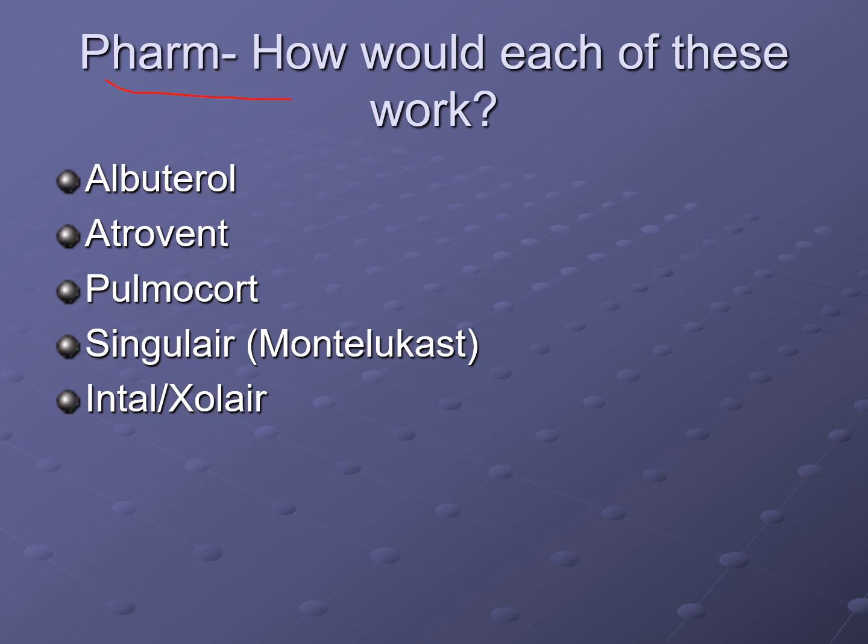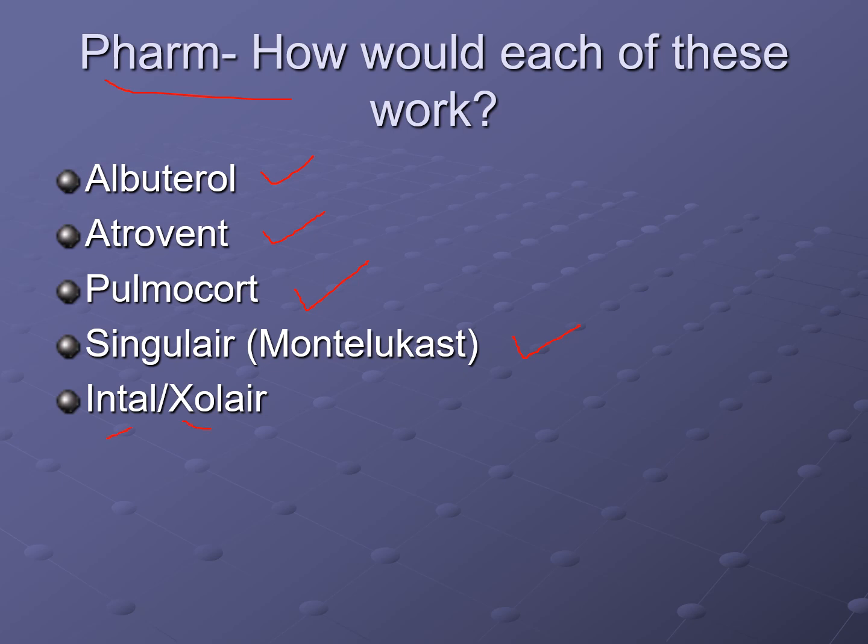So I know this isn't a pharm course, but just as a little review, albuterol is a short-acting beta agonist. It's going to open up the bronchi. Atrovent is a long-acting muscarinic antagonist, or it blocks that parasympathetic stimulation. Pulmicort is a steroid. It'll decrease the inflammation. Singulair is a leukotriene inhibitor, which will decrease inflammation as well. If you look at the little picture on the Flonase package when you go to the grocery store, there's 6 different mechanisms: histamine, leukotrienes, interleukins, and this blocks one of them.